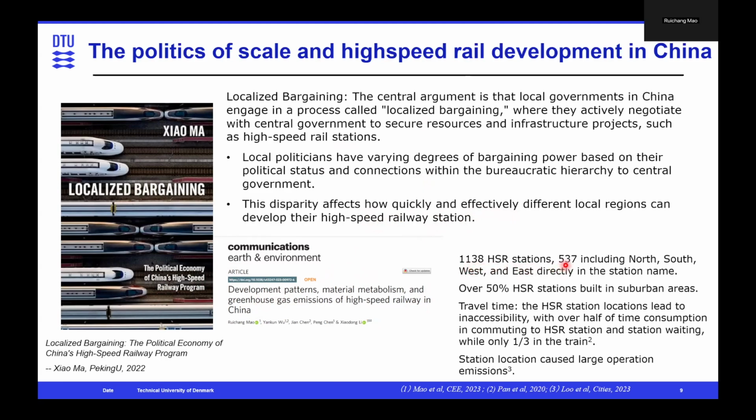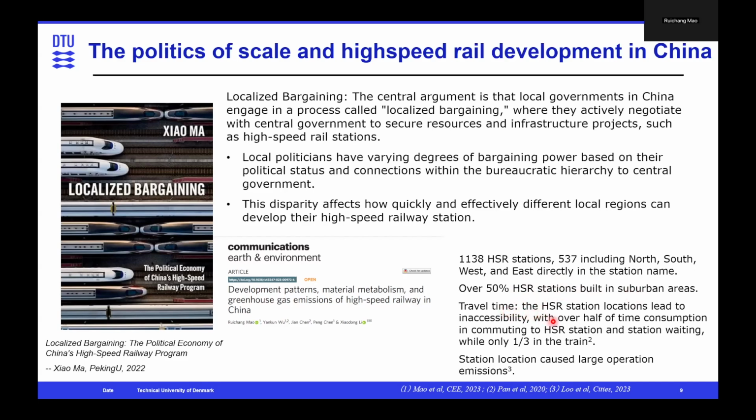Inspired by this book, I developed a paper published last year, and we found 1,100 high-speed stations, but over 500, including north, south, west, and east, have these words directly in their station name. And by the next step of estimation, we found over 50 high-speed rail stations are built in suburban areas. That costs a lot of travel